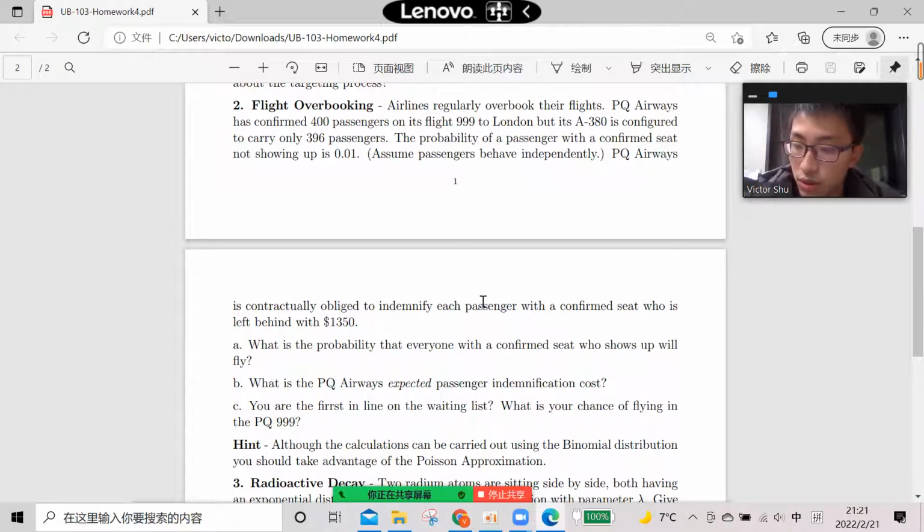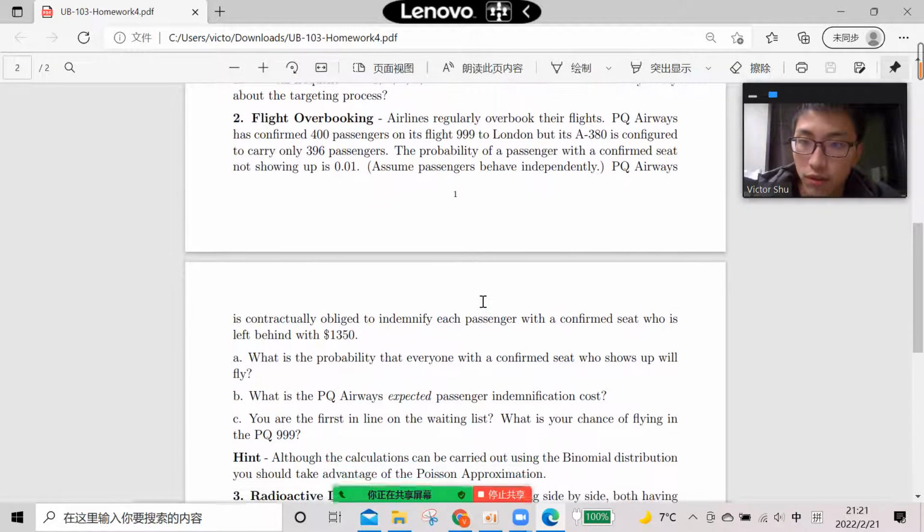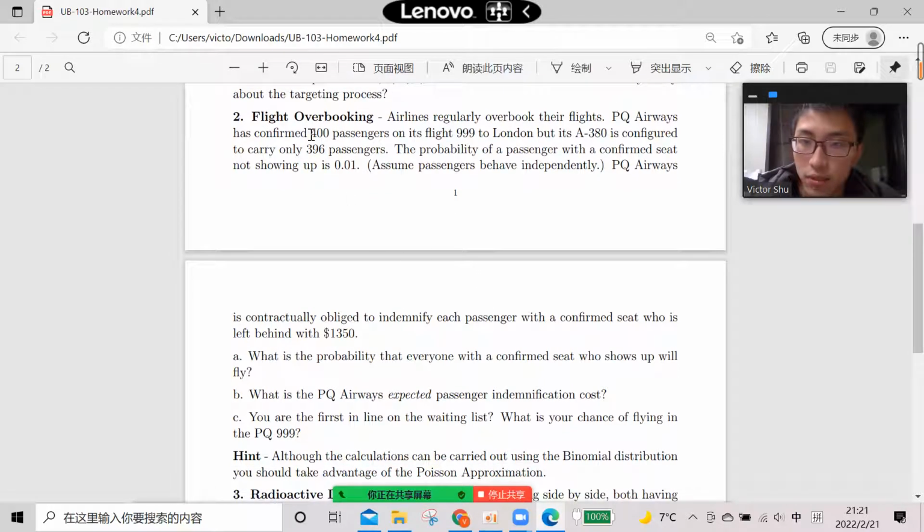Question number 2, pretty similar. Again, you have a very high sample size, 400. The probability is just 0.01, pretty low. Again, you use Poisson distribution. Lambda is n times p, 400 times 0.01, which equals 4, is reasonably small, but